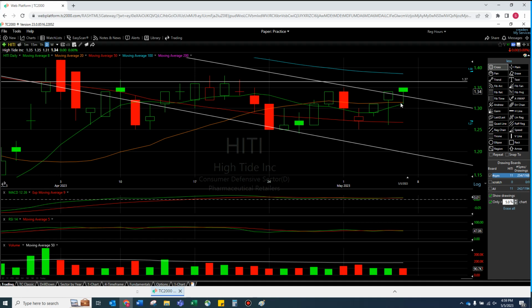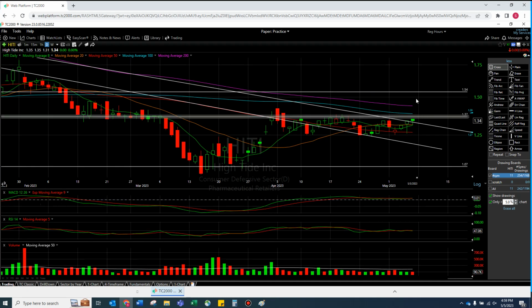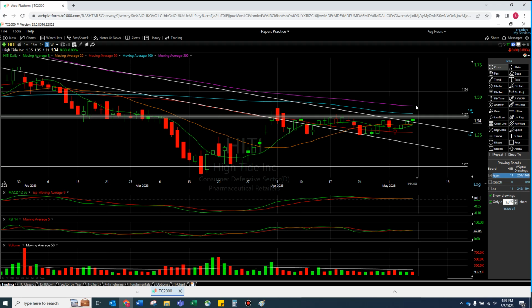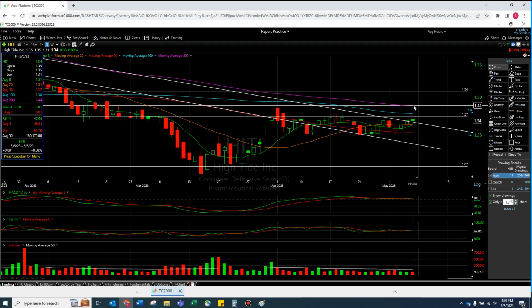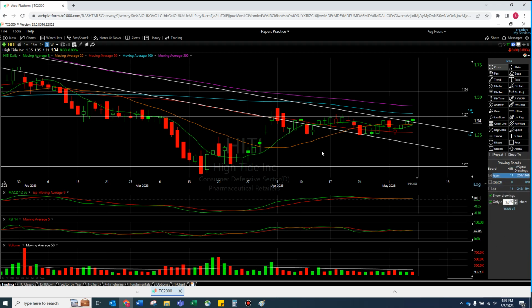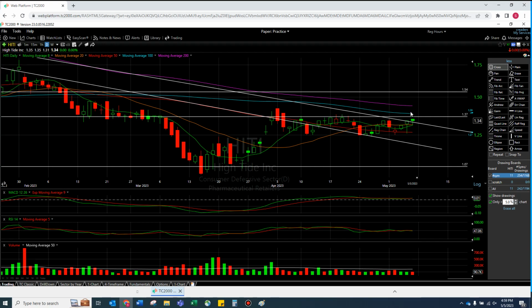Again, though, we're over the 8 and the 20. We're actually over this downtrend. End of the day, there's 2 lines here, just a little too thick. My 155 alert, I think, is going to come down. I really want to know 146. I'll tell you that for sure. I'll set an alert at 146. An alert is not an immediate buy notification, but I really want to know when we can get over all these moving averages, because